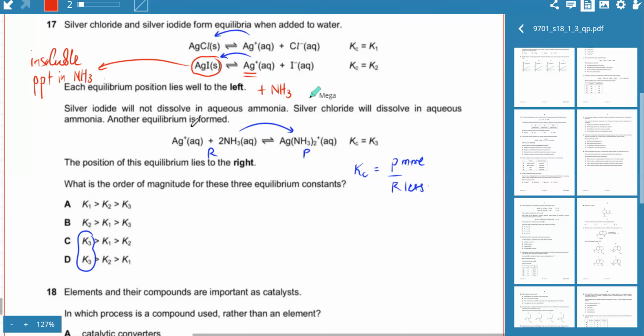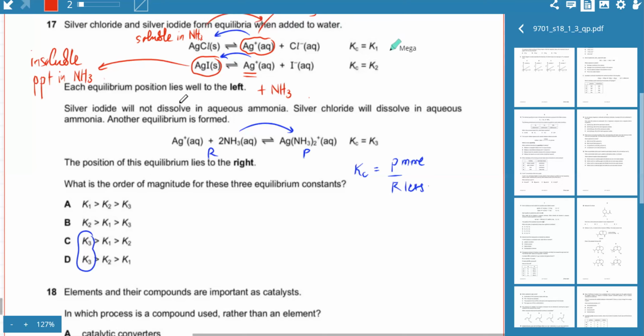That's what the silver ions are doing. When you add NH3, the silver ions react with it to form this complex ion, so the amount of silver ions would automatically get reduced in the solution. But AgI is a very insoluble precipitate, which means there are not a lot of silver ions to begin with. In the first one, AgCl, it is soluble in NH3, so there would be a big quantity of silver ions in the solution. When you add NH3, those silver ions are removed and the equilibrium automatically shifts to the right.